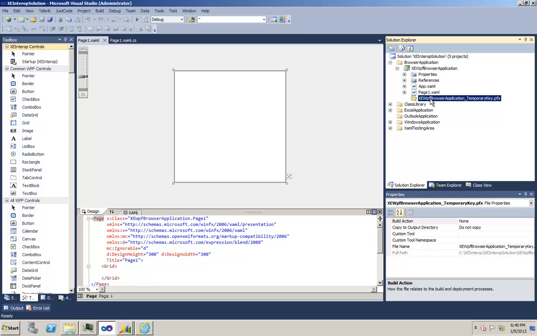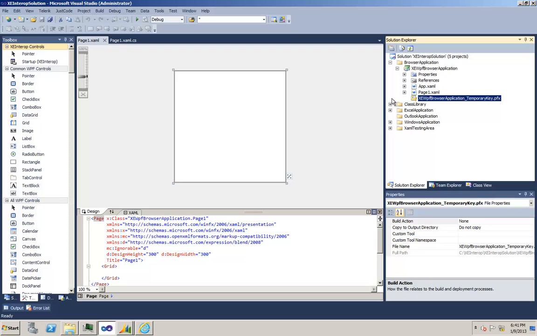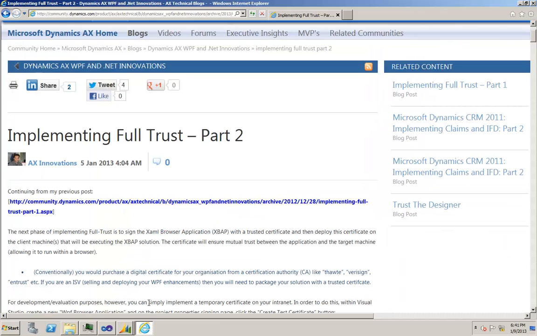Whenever you create a WPF XAML application, Visual Studio always creates a temporary deployment certificate for that particular project type. Now, previously we should have created a certificate that we've imported into our certificate store and deployed onto all of the target machines that will be running our XAML based browser application. I'm not going to be going through that in this particular video, but if you do need more information,